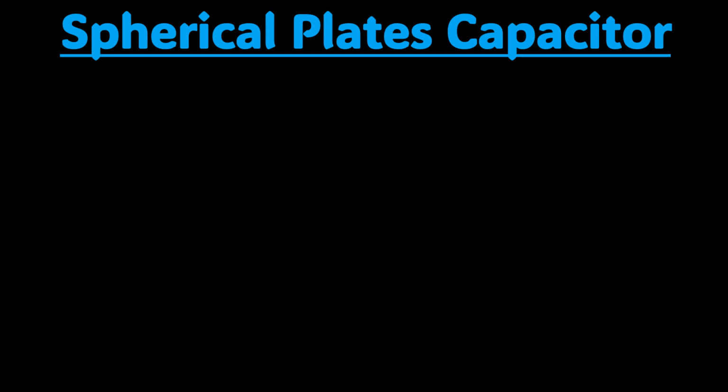Now, a spherical plate capacitor consists of two spherical metals. These spherical metals are conductors, they are concentric, and they have the same center. So we can define a spherical plate capacitor as a capacitor or a device consisting of two concentric conducting spheres having the same center. We can write the definition of a spherical plate capacitor as